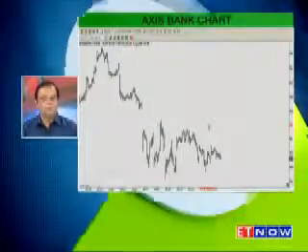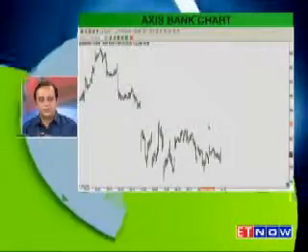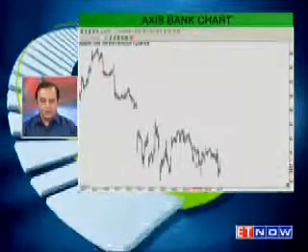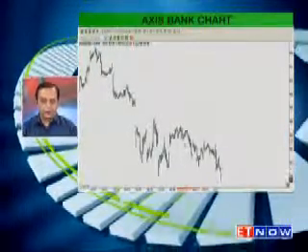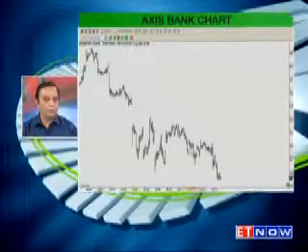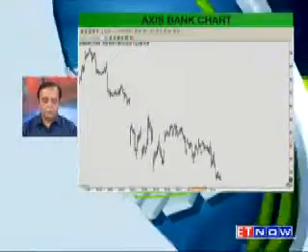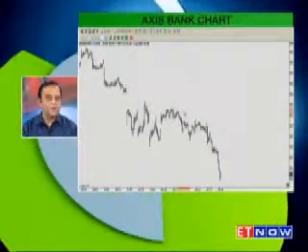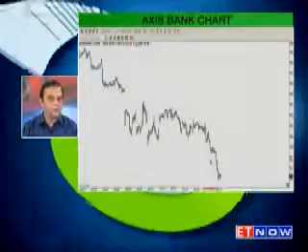You can't sort of hurry it up, or when you see it in retrospect, it all looks very nice. But what you get here is again a smaller degree wave 1. See, 1, 2, 3, 4, and 5. So that's a smaller degree wave 1 which has unfolded here. This is a smaller degree wave 2. Now, the whole thing is happening within the context of a bigger degree wave, which is now in the process